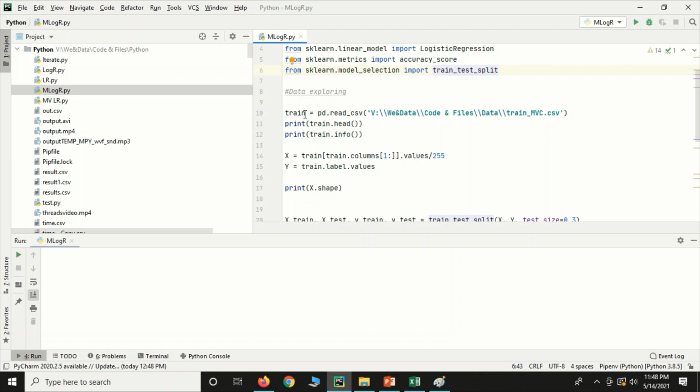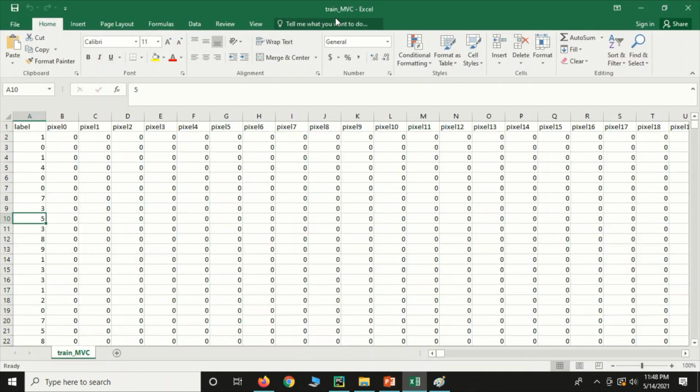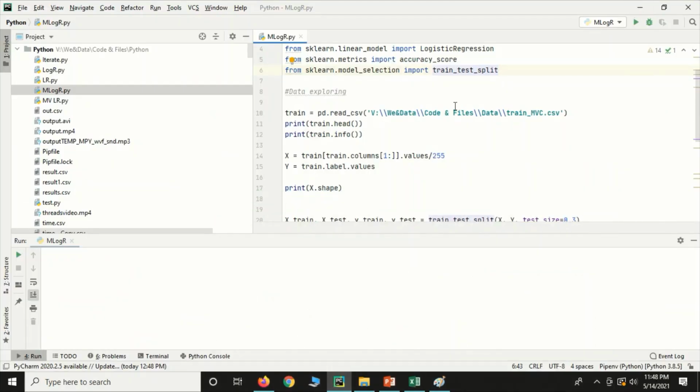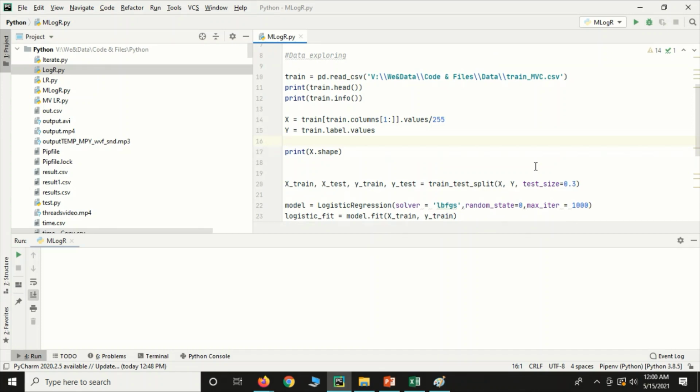Next, we load the data file, train.csv, into a variable using pandas read_csv into train. We are printing train.head, so that 5 rows will be printed, and we are getting the information of the data frame.